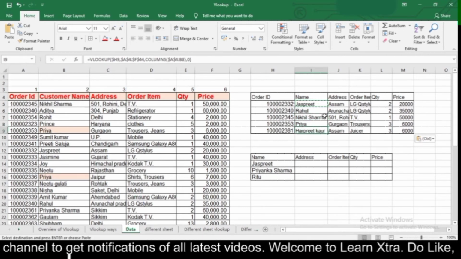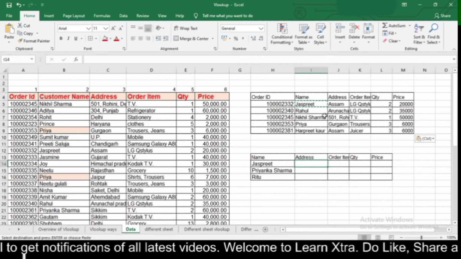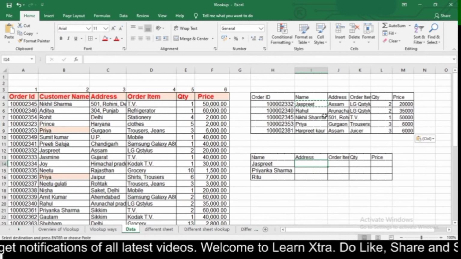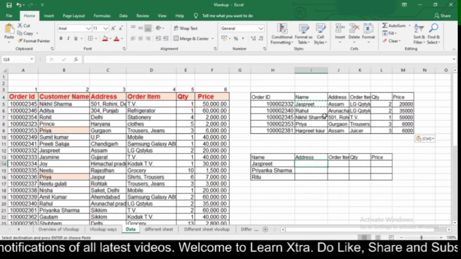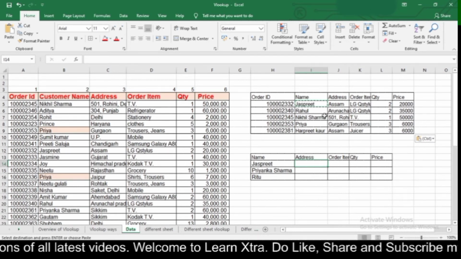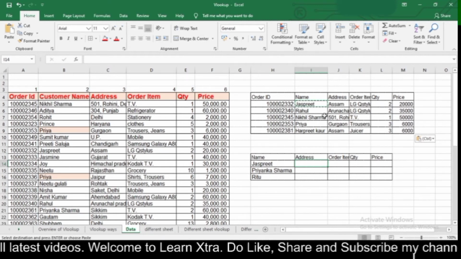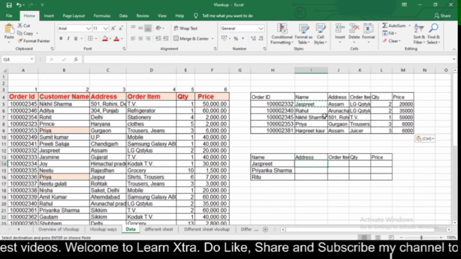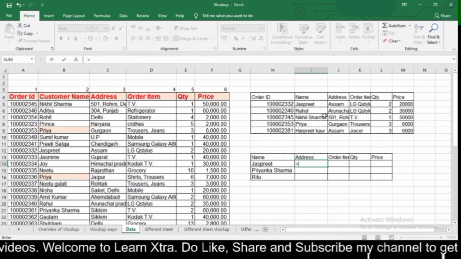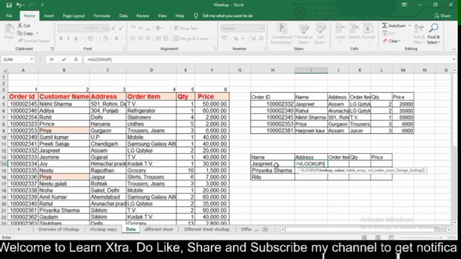Now in this example, if I want to find out the address of Jaspreet, here I am not using the order ID as my lookup value. Here I am using the name of that particular customer, and with that customer's name I will find out his address. So here I will use the VLOOKUP formula again, then my lookup value would be Jaspreet and then my table array.